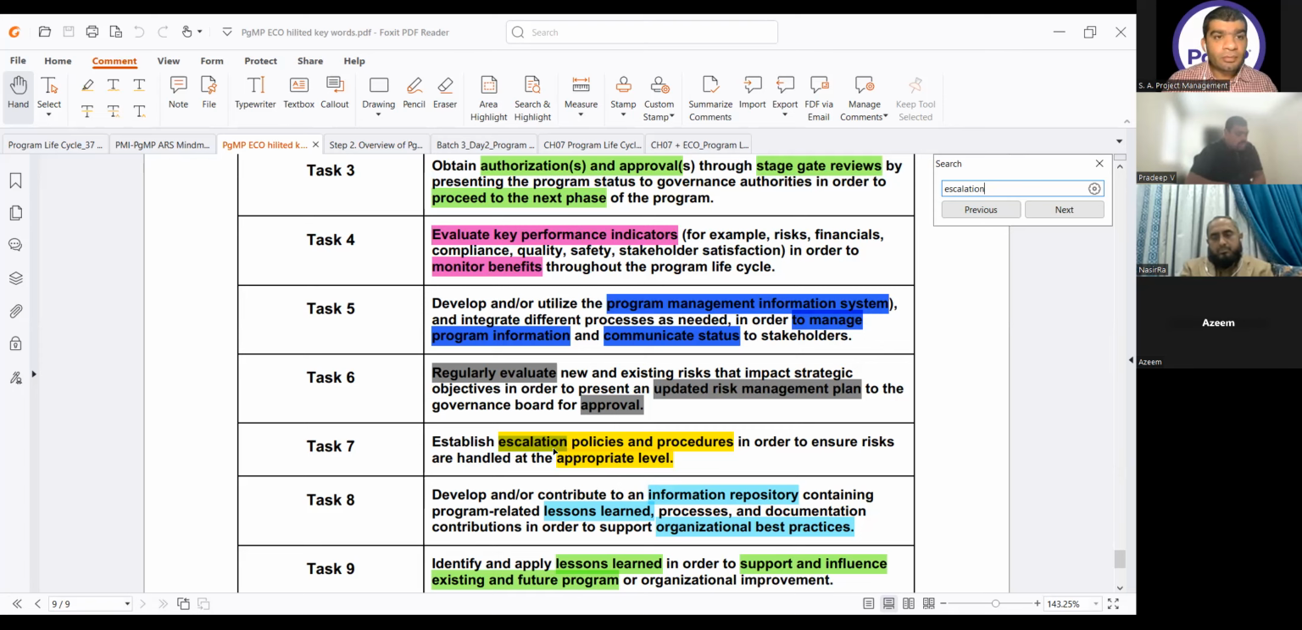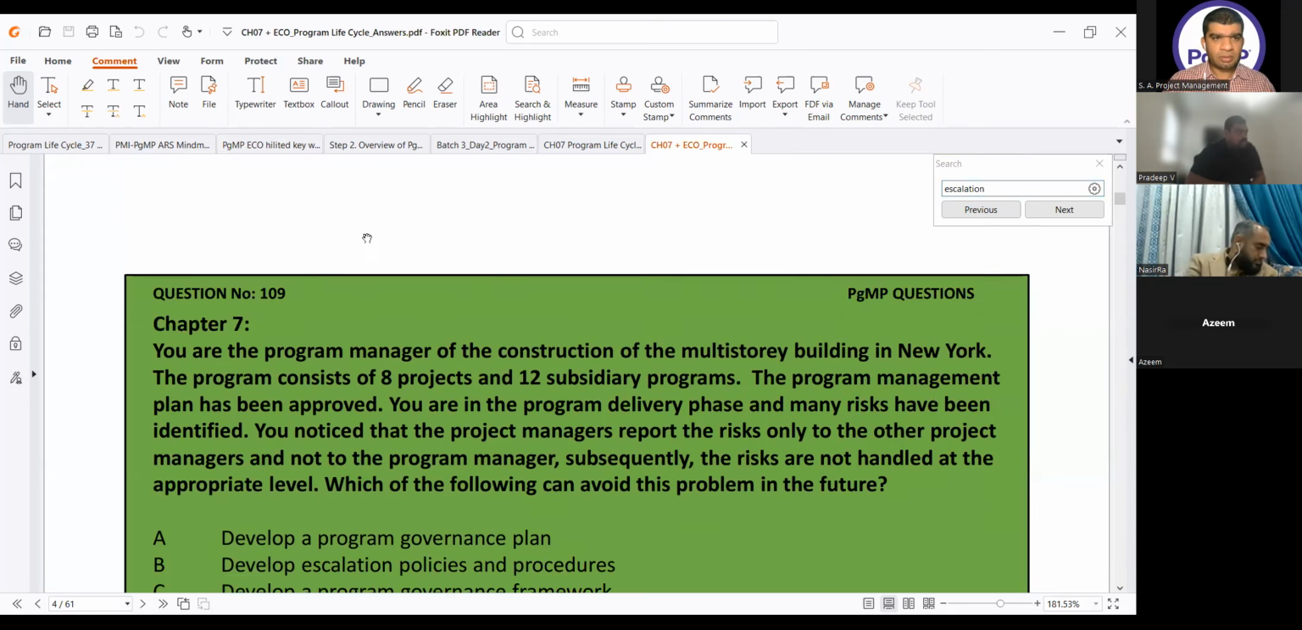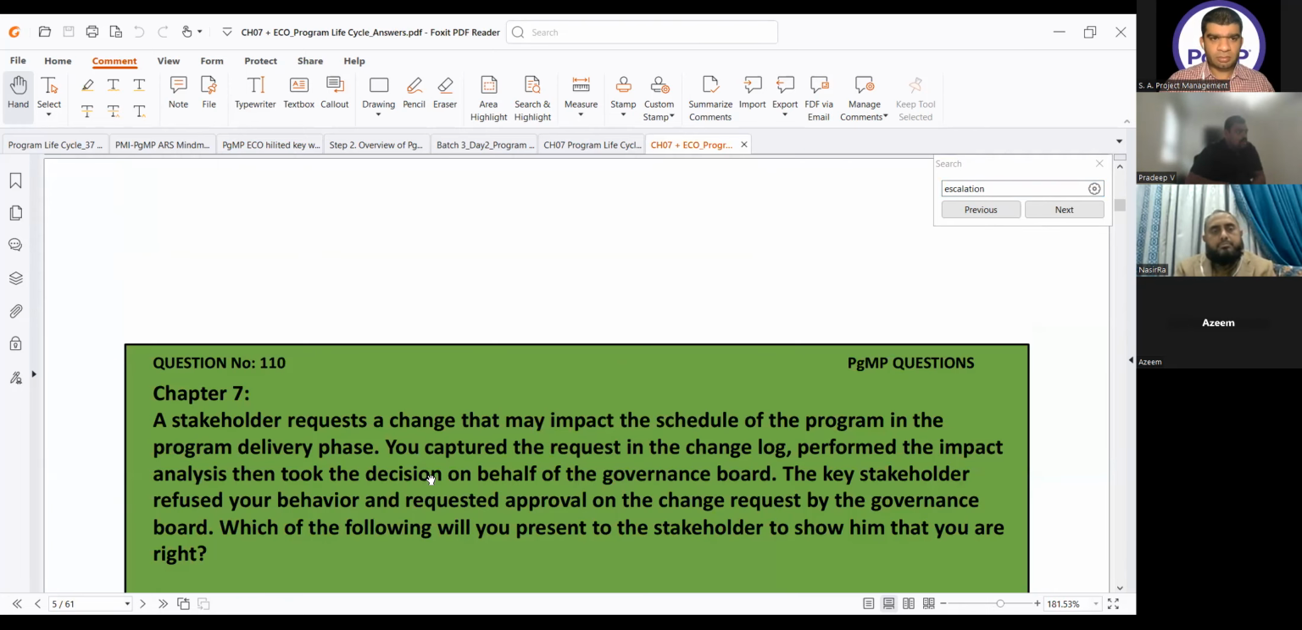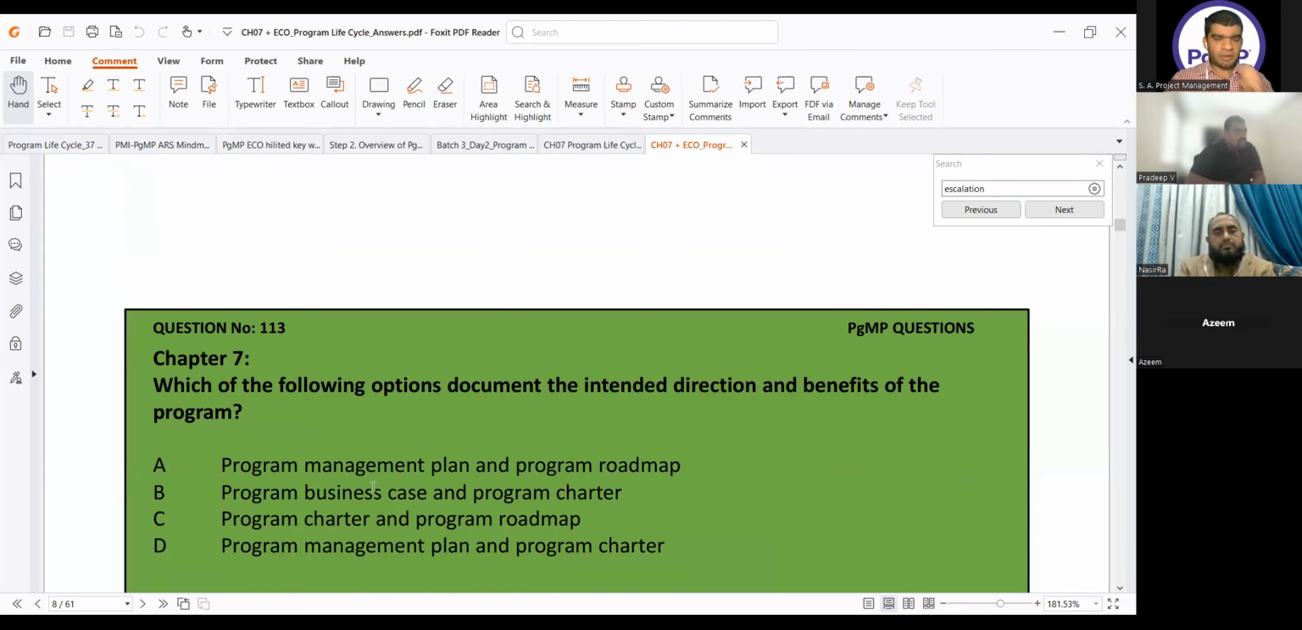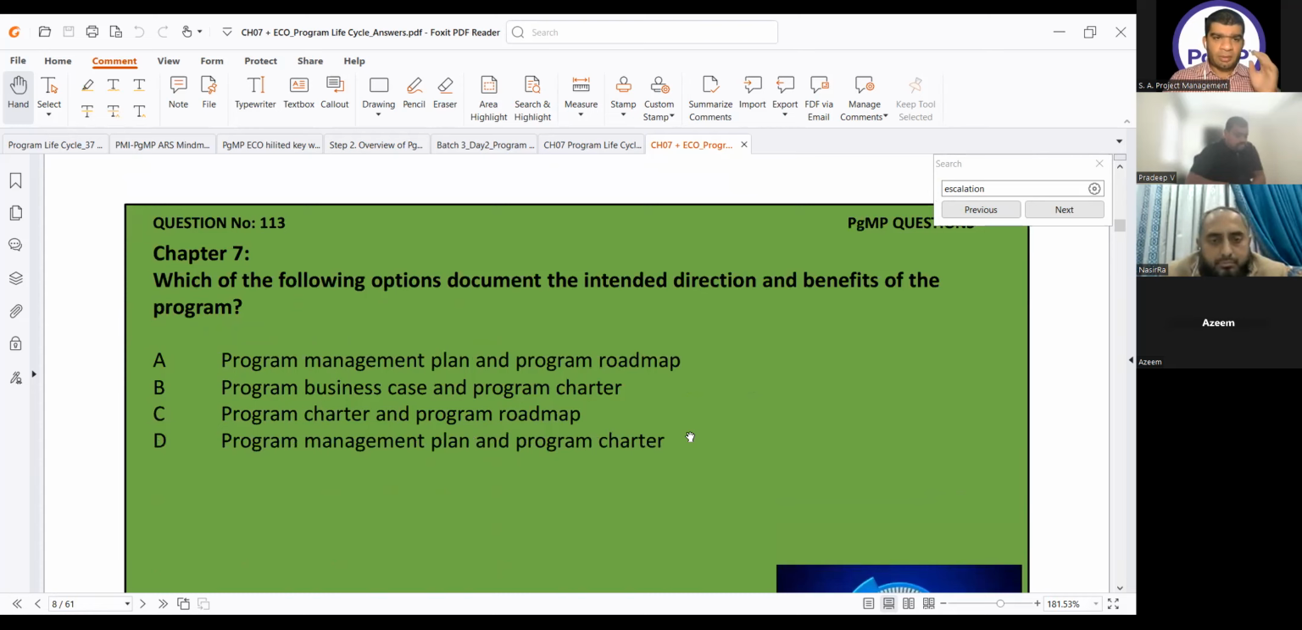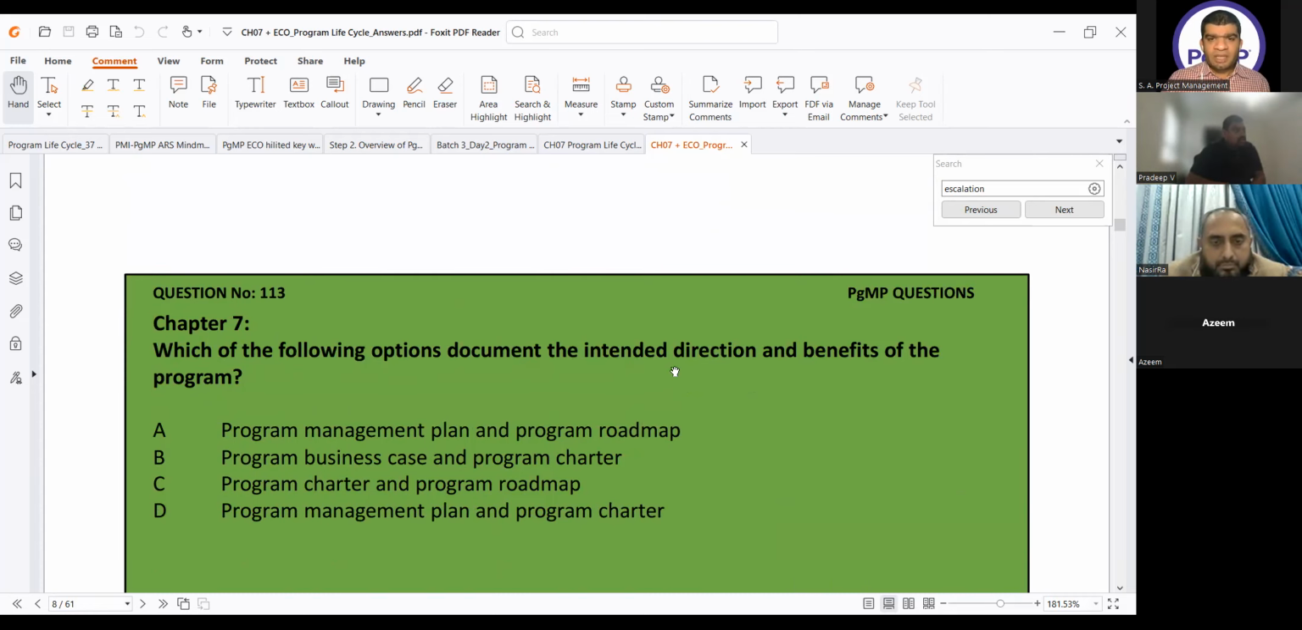Next, I think question 113. Which of the following options documents the intended direction and benefits of the program? This we will cover today. Program management plan and roadmap. The key word here is the direction. Whenever the document that will give you direction is a roadmap. End of story. And then benefits of, yes,